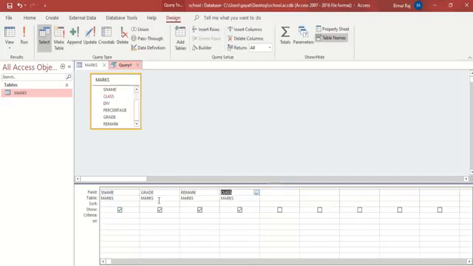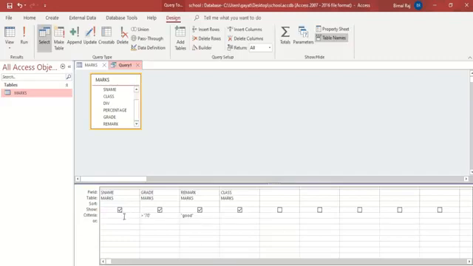Now here I want the query criteria where the marks are greater than 70 or the remark is good. So here I have given two conditions, the remark is good and the marks is greater than 70.